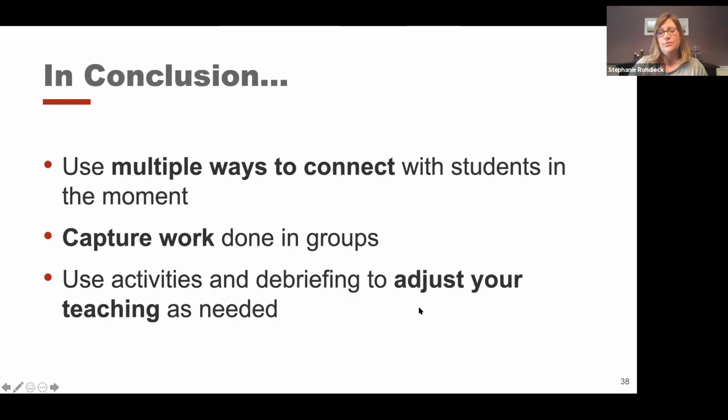So I may put you in those groups, but now I realize, oh, I really needed to go over these 3 concepts again. So not just to give them busy work, but to help them practice those skills and do those knowledge checks, but also for me as the instructor to know what I need to go back and reiterate, or skip ahead because my students are doing pretty well at it.